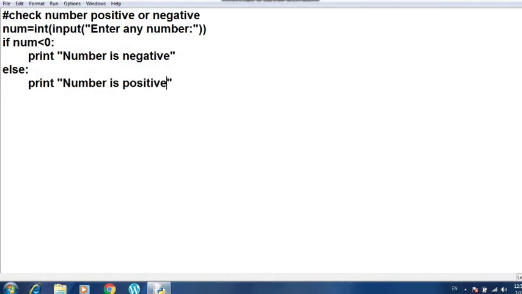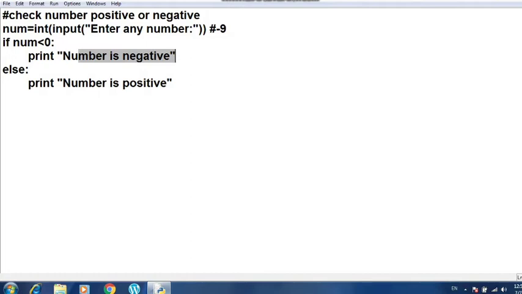So students, when this program is executed, the Python interpreter will ask for a number which will be stored in num, whatever you enter. Suppose I enter, for example, -9. The control will go to the next line where the if keyword and the condition are written. If the number is less than 0, -9 is obviously less than 0, so the condition becomes true and the statement the number is negative will be printed by the interpreter. Suppose the if condition goes true the first time, it will be printed and the control will not go to the else part.